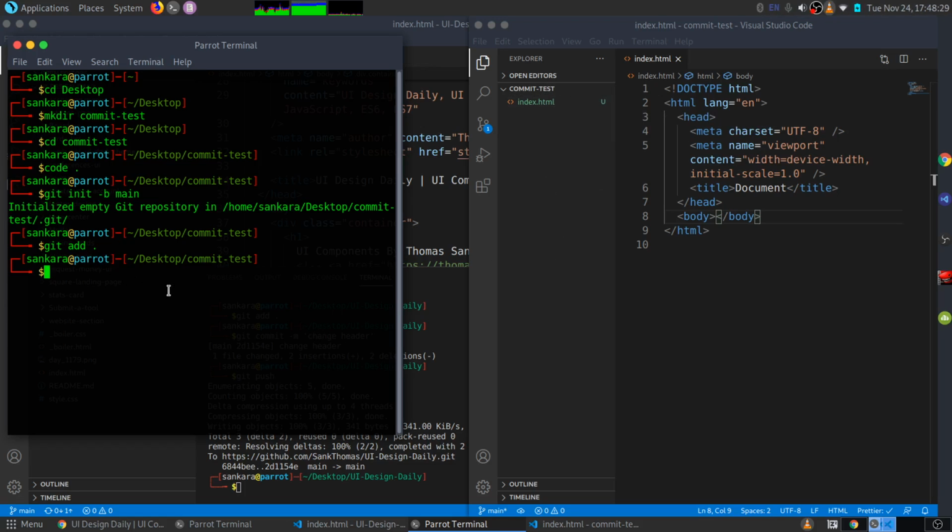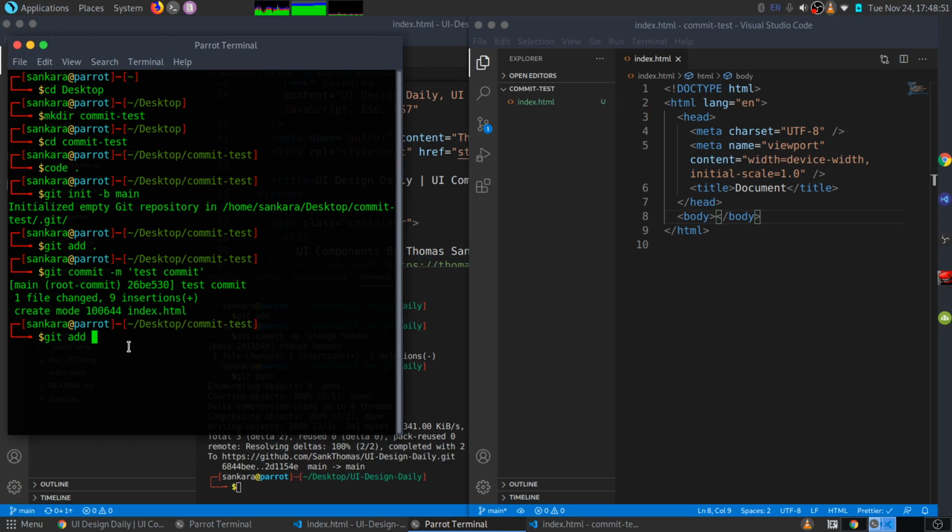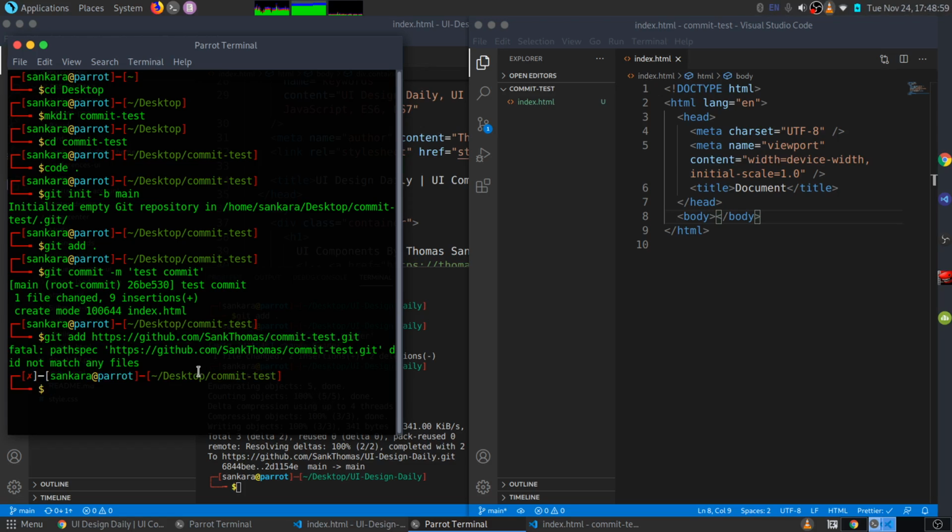And then I'm going to say git commit with a message saying test commit, like that. And you can see one file changed, 9 insertions, create more data in index.html, like that. And then I'm going to say git add, and then the reason why I copied my URL is because this is where we actually have to place it to show that this is where we want to add our repository. Okay, and when I do that, you can see